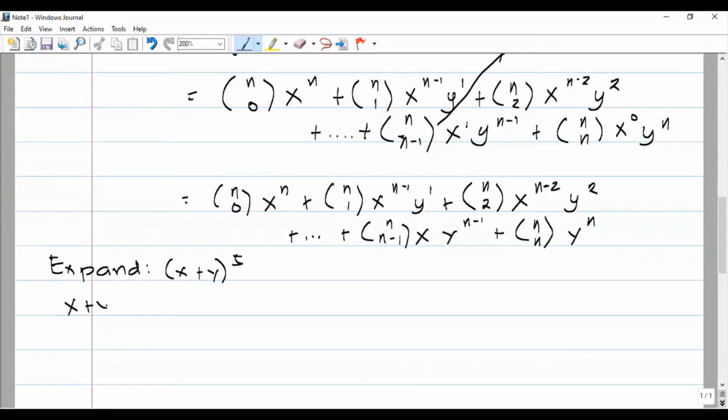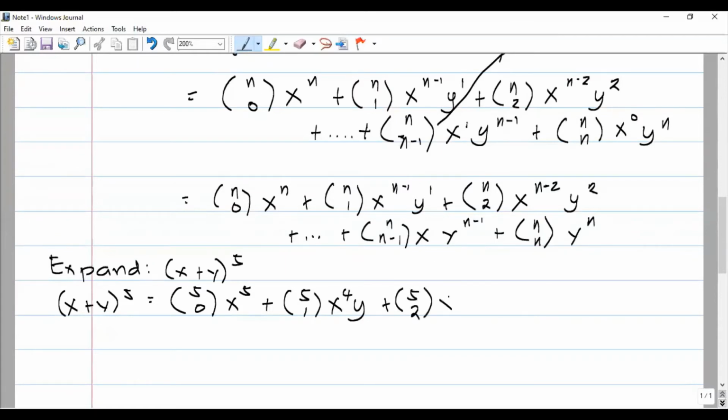So x plus y raised to the fifth power is equal to the combination of 5 taken 0 at a time times x raised to 5, plus the combination of 5 taken 1 at a time times x raised to 4, y, that is 5 minus 1 is 4, plus the combination of 5 taken 2 at a time times x raised to 3, 5 minus 2 is 3, y raised to 2, plus